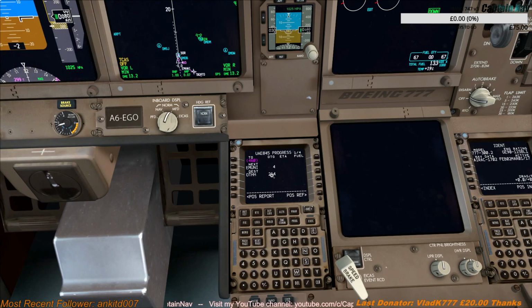Progress page, where we check the distance. So the flight plan is giving us a distance of about